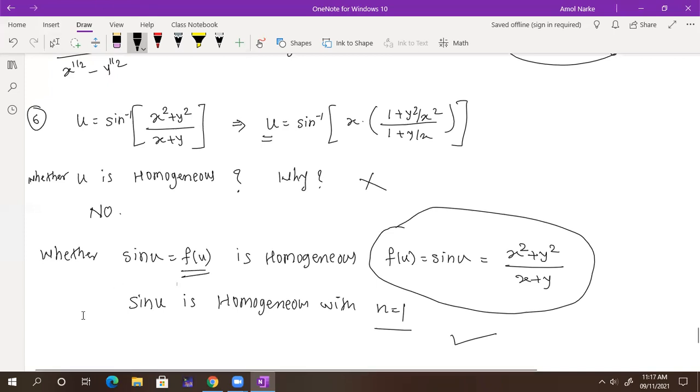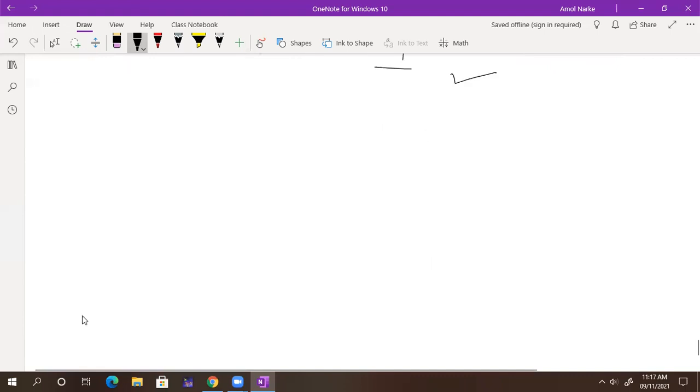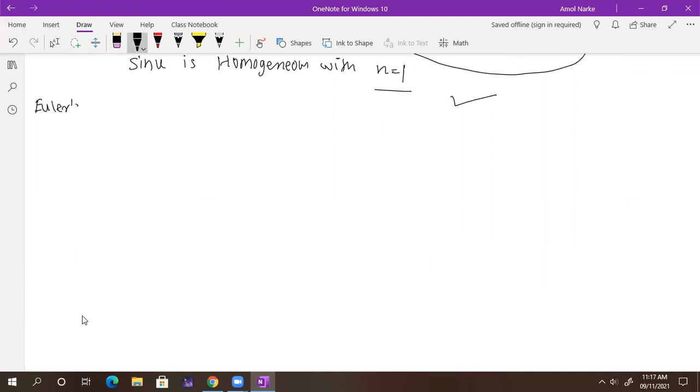So we have an important theorem called Euler's theorem. So write down. Sometimes it is called Euler, sometimes Euler's. So Euler is the proper pronunciation of this. Euler is a very great mathematician. He did his research in mathematics, physics, chemistry, everywhere. You see his applications for any subject. If you open basic fundamental subjects, physics, chemistry, bio, Euler is there. He's a very great mathematician.